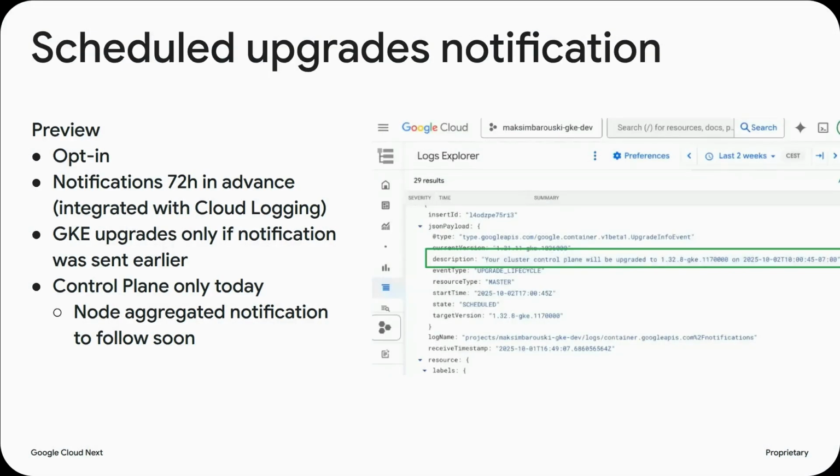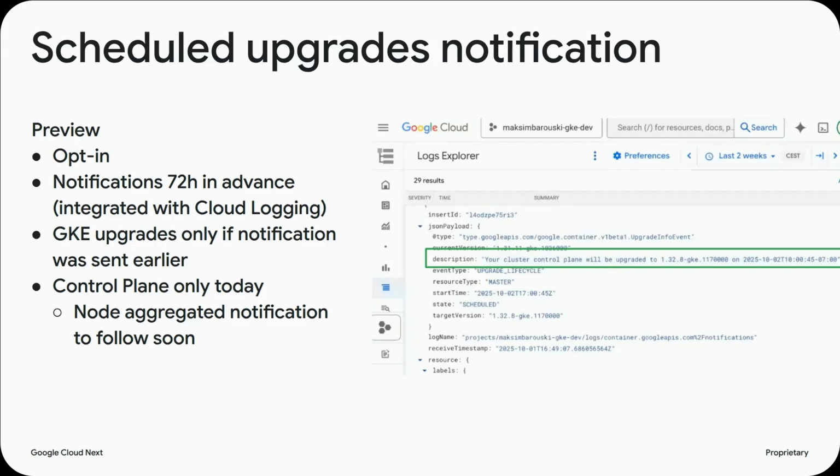Now, one of the features that we've just launched that I'm particularly excited about is the end of support notification for scheduled upgrade. It is in preview today, and it basically addresses the question that I've had for most of the time I've been the PM on upgrade, which is: when is my upgrade going to happen? Please notify me before it happens.